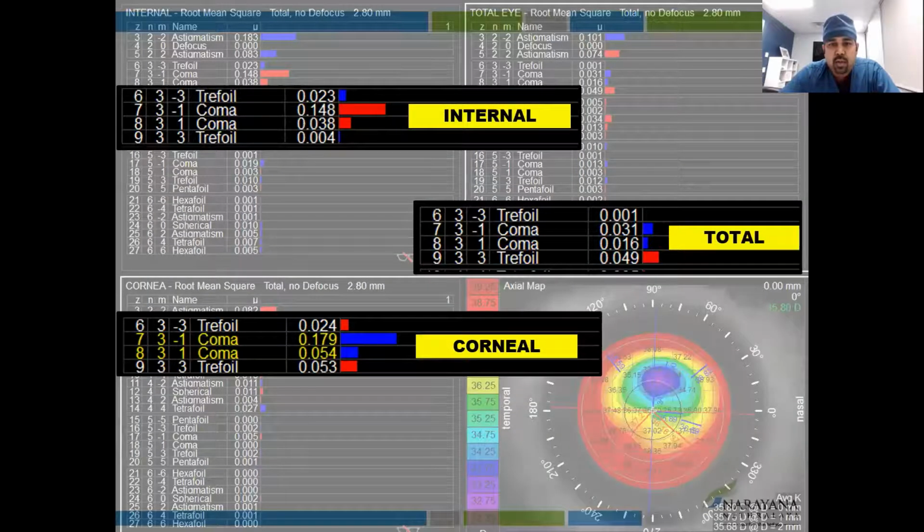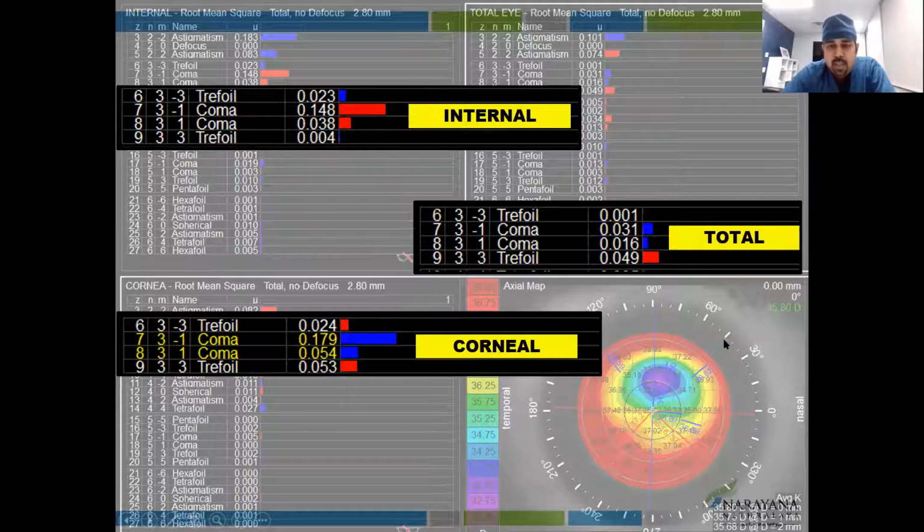And the other component, as I said, is the lens. I'm just zooming in on the important portions of this. If you look at the corneal aberration profile inferiorly here, the lower part, you'll be able to see that the cornea definitely has significant coma. But when you look at what the lens does internally, these are negative and these are positive. So the lens is entirely compensating for what the cornea is showing. And finally, whatever is there in the total whole eye is a much lesser component of what the actual cornea has.